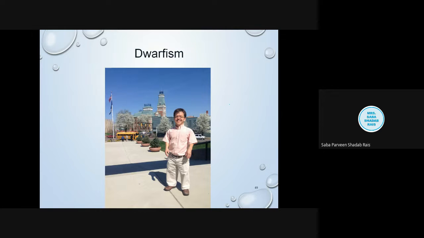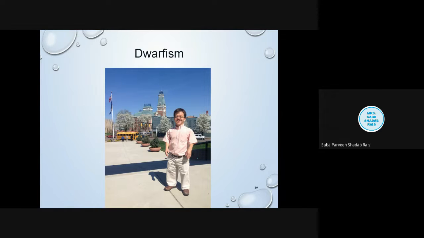Everything will be small, small in their body. Most people with dwarfism have a disorder that causes disproportionately short stature. The person will have an average-size trunk, which is normal, like a normal human, but their hands and legs, or simply their limbs, will be short. In this case, the trunk will be of average size.